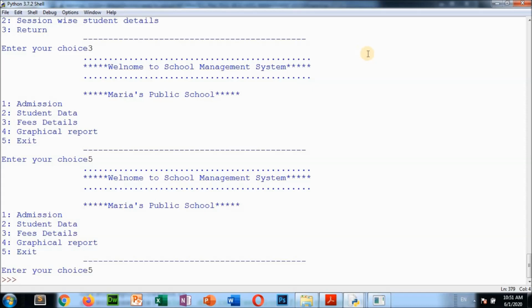For that, your database should be there, and you have to connect from Python to MySQL. How to connect and everything you will understand when you create your project on your own. We have already used this concept, Python and MySQL, and we have used Python libraries before, right? So I have done the sample project for you. I will send you this project in a zip file by mail. So you can create your own project. Now you can start your project.